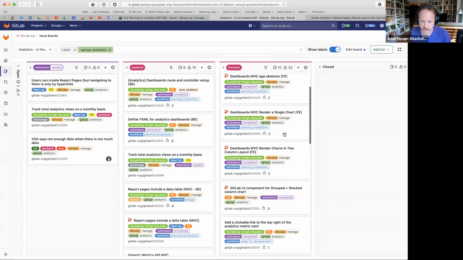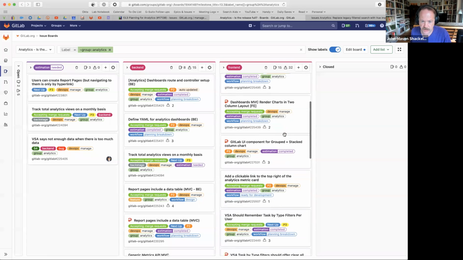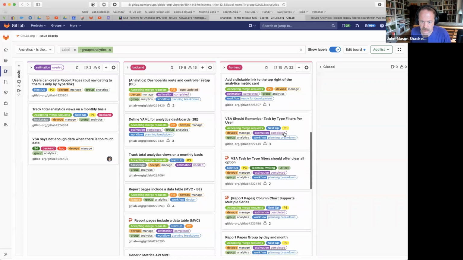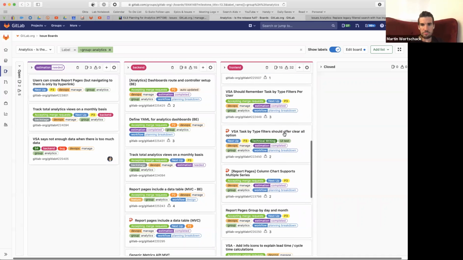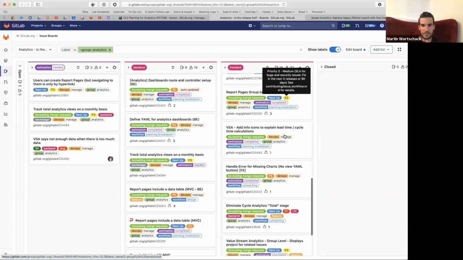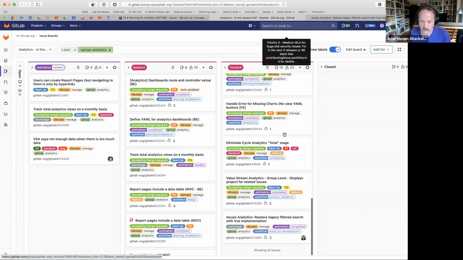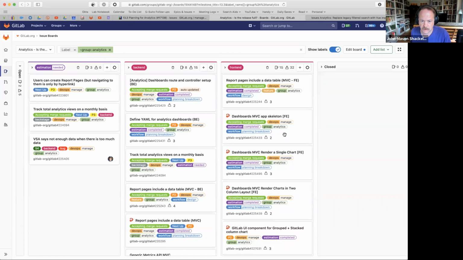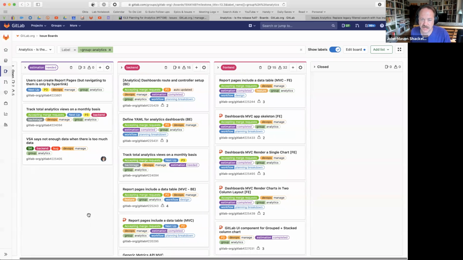Most of these have a planning breakdown label. So I wonder if we could create a scheduling one. This seems kind of weird. It would be great if we could just drag it into a different milestone or something.